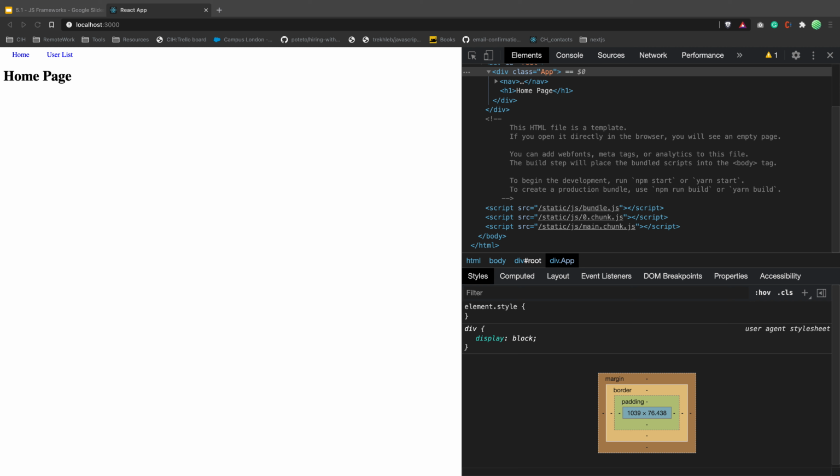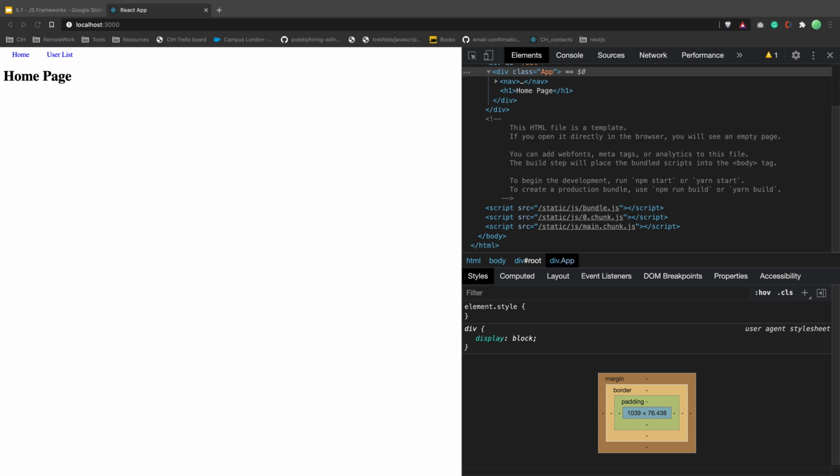Let me just double check. Yeah. So on Wednesday we will have state. Next week we will have props. And then we will have another lesson where we will code along. We will build a to do app. So we will have state and props all together, and we will just build together. Then we will talk about fetching data, more about hooks, and I think then routing and Redux.